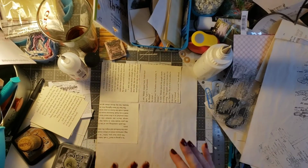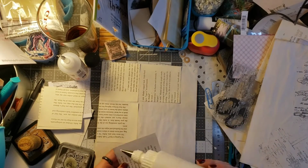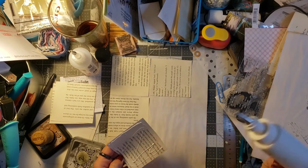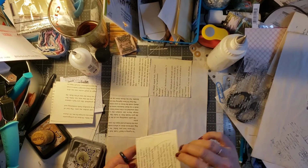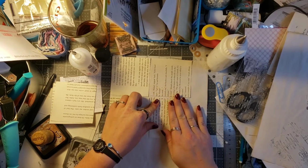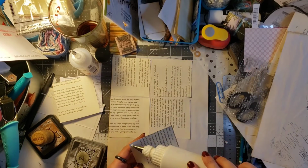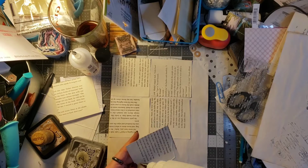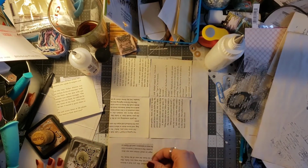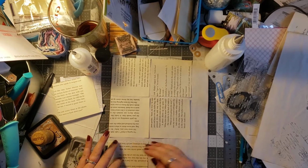Alright. I can go back and glue these edges better if I need to. I'm most likely not going to go through and sew these ones because they are already 2 layers thick. Although I might. I wouldn't put it past me. I don't think so though. I can't remember. I think I may have actually sewed over a couple of these. I don't know if it's too much for me to expect from my sewing